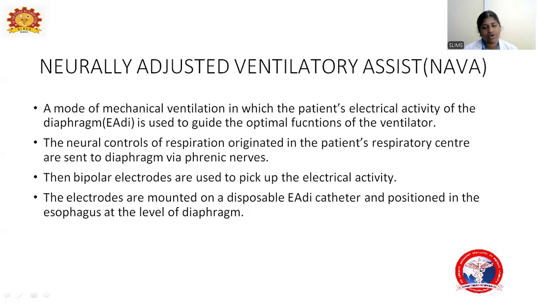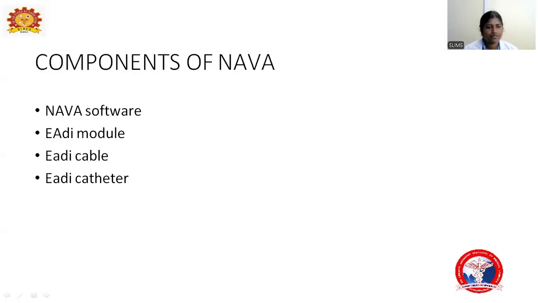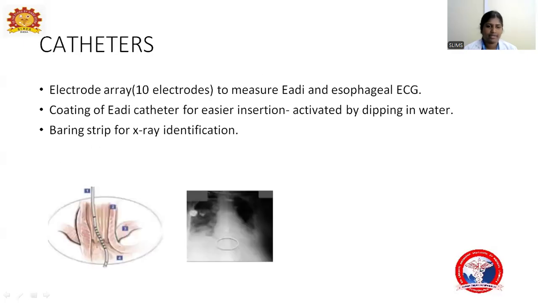The electrodes are mounted on a disposable catheter and positioned in the esophagus at the level of the diaphragm. The components are software, module, cable, and catheter. The catheter has an electrode array which contains 10 electrodes to measure the current, and an esophageal ECG is also placed. The coating of the catheter, for easier insertion, is activated by dipping in water, and it bears a strip for X-ray